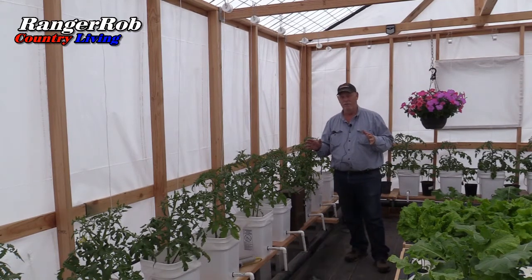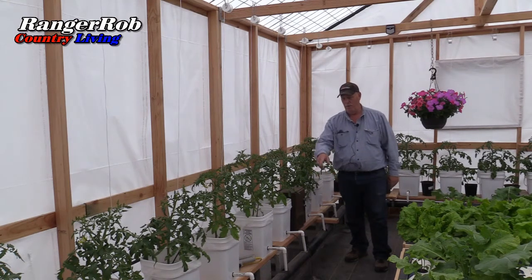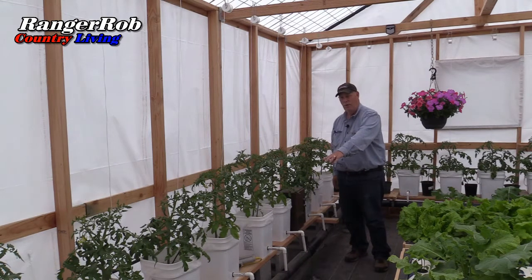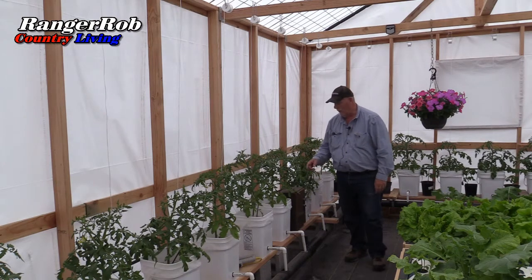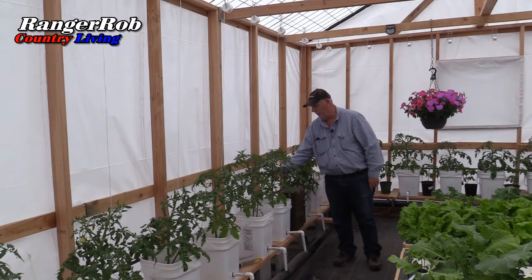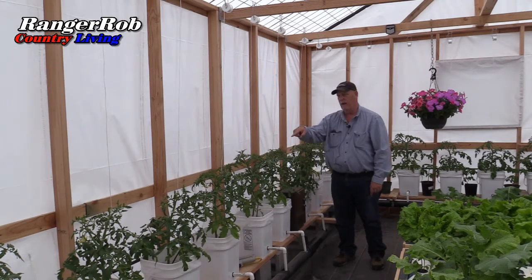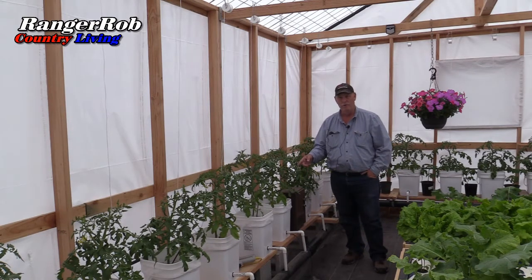Building hydroponics, some folks may not enjoy, but I enjoyed the fact of doing my own engineering. Now, these are the Dutch bucket systems, and they're amazing. What we had to do in this whole greenhouse was create a return system, a place where all our water could fall into a tank that's up above here. The Dutch bucket systems have an input from a pipe that's behind all these Dutch buckets, and so we pump water or nutrients into the